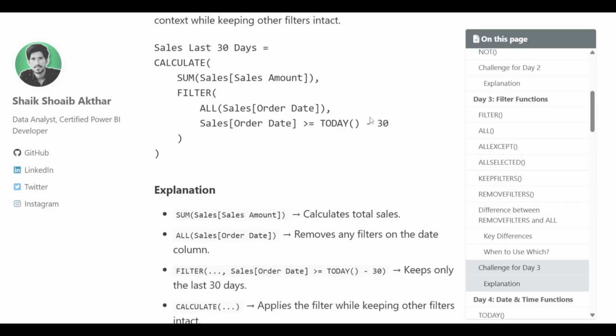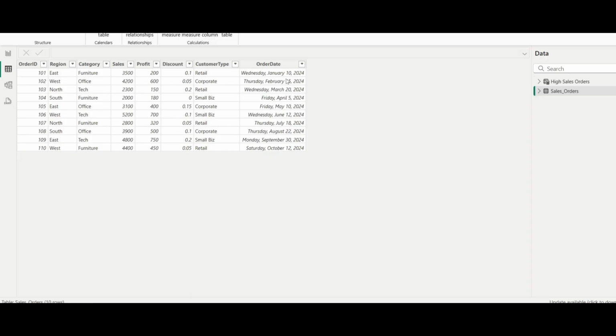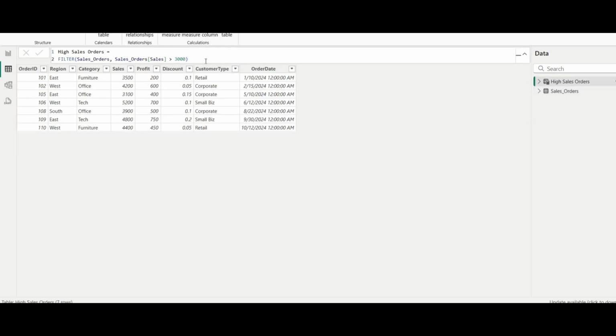Now let's look at the implementation of each of these functions in Power BI Desktop. I am in the table view and this is the data that we have for sales orders. The first function is the FILTER function. Using the FILTER function, we can create a separate table. So here I have created the high sales orders table,